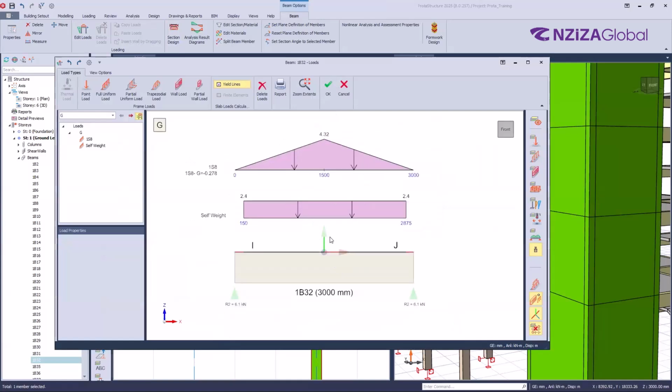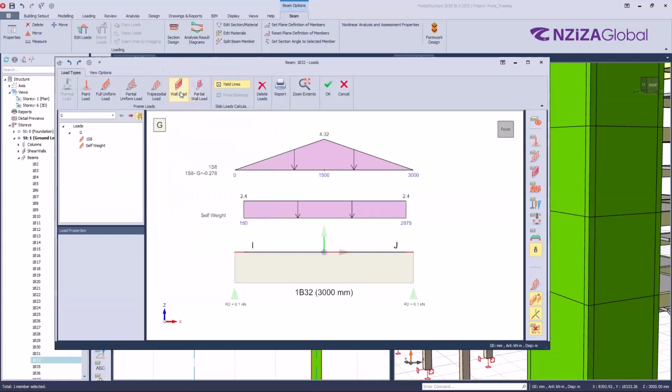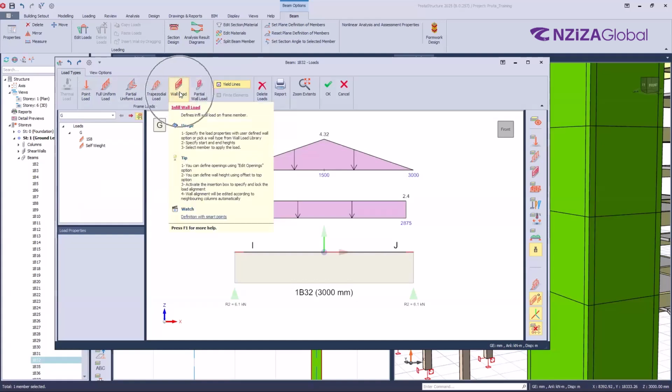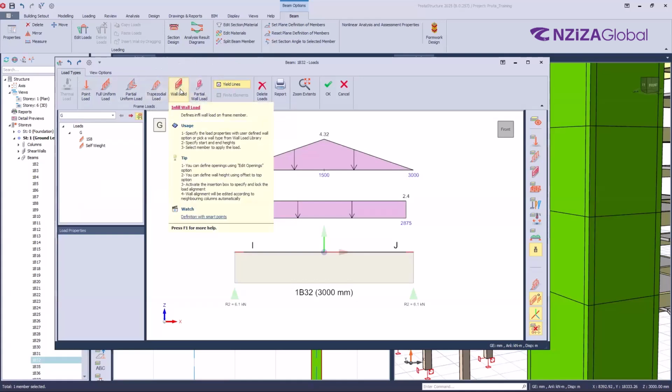So I want to add another load for the brick wall. If you take a look here at the top, we have different types of loads. You have point load, trapezoidal loads, and so on. For our case, we want to add the masonry wall, which is this one, wall load. So use wall load, not partial wall load. If I select it,